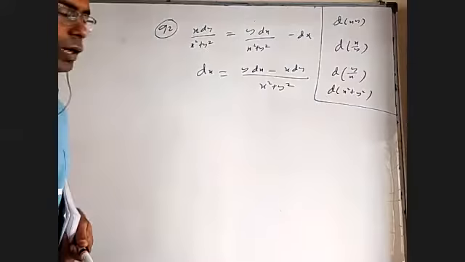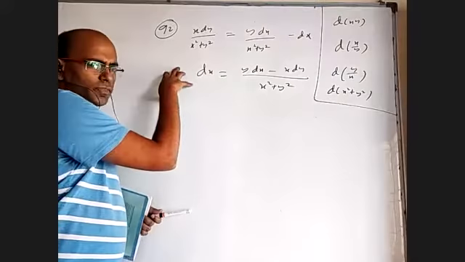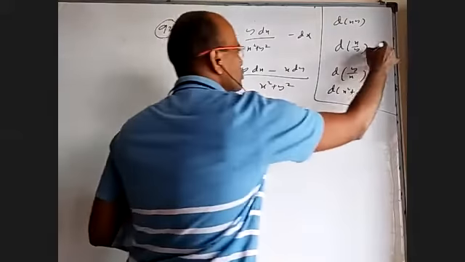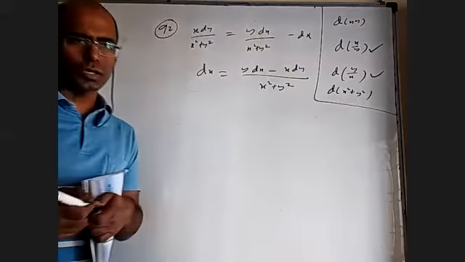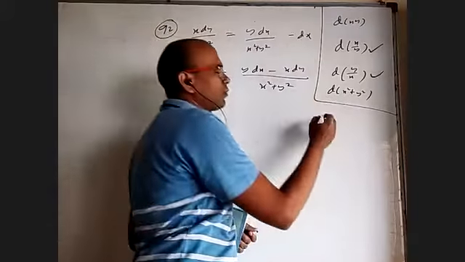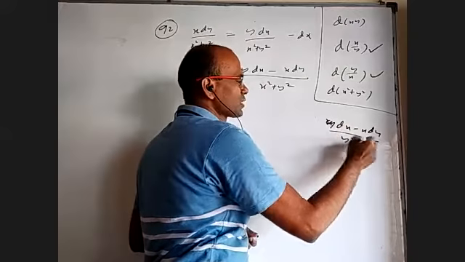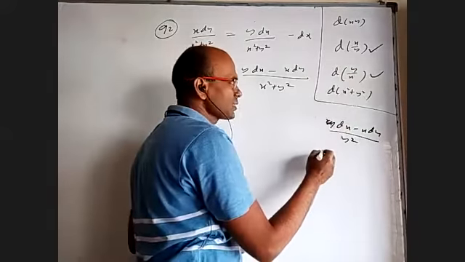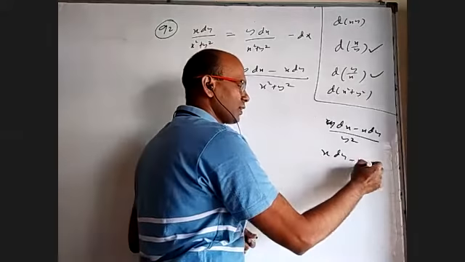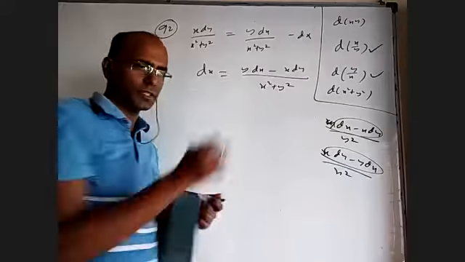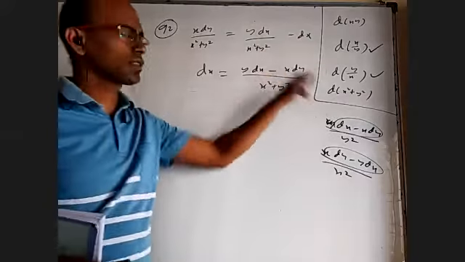Okay. Now I can have any function of x here, and y dx minus x dy will give me an idea that I have to use one of these two. Because d of x by y is (y dx minus x dy) by y square, and d of y by x is (x dy minus y dx) by x square. Because this numerator resembles these, I have to use either this or this.